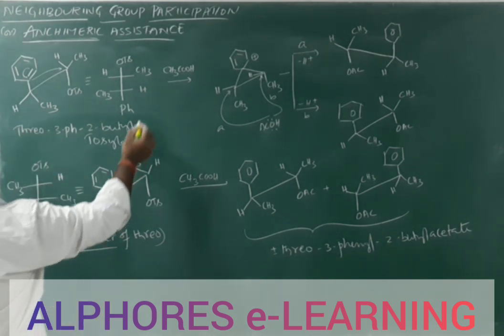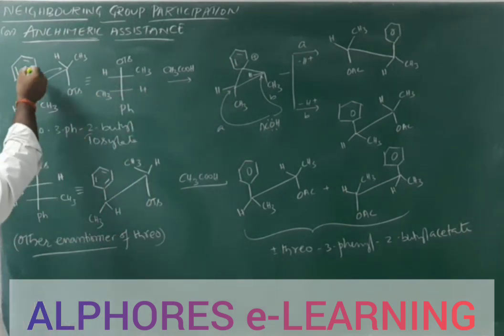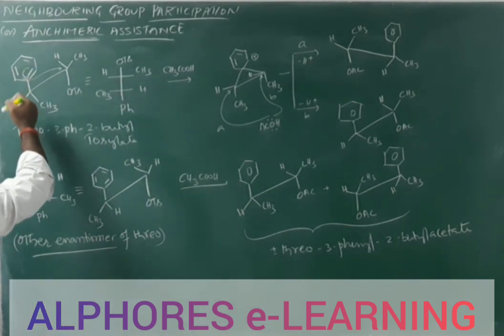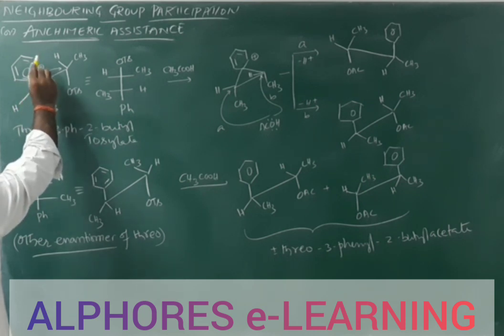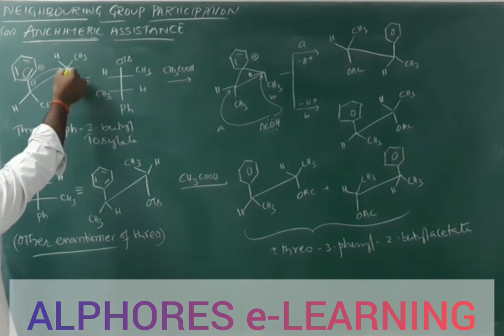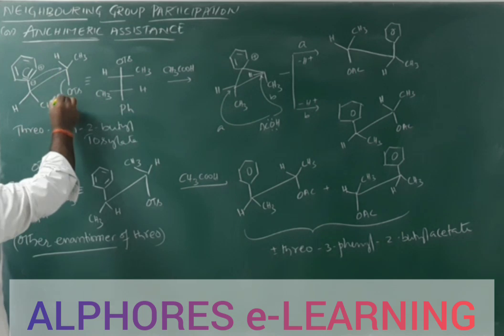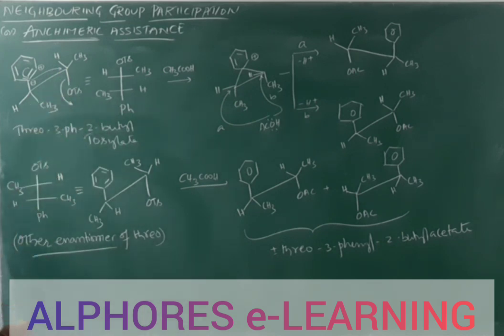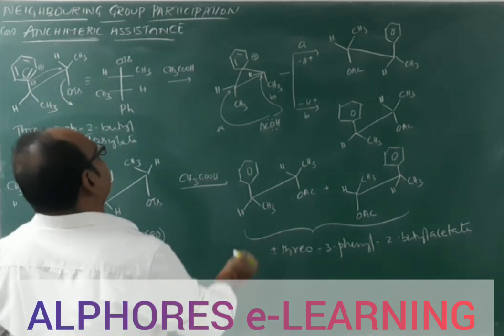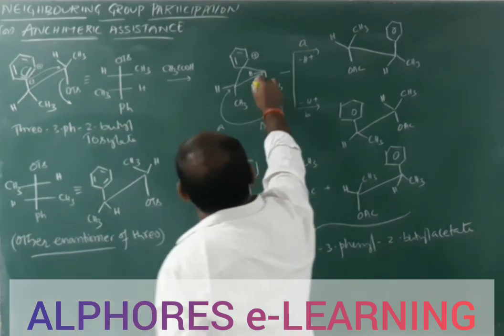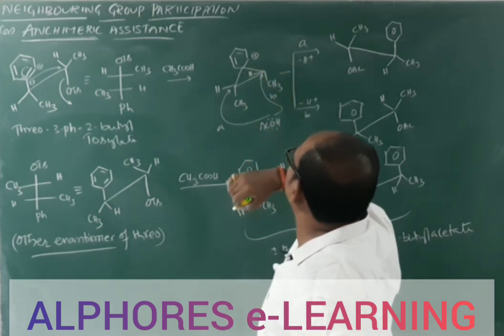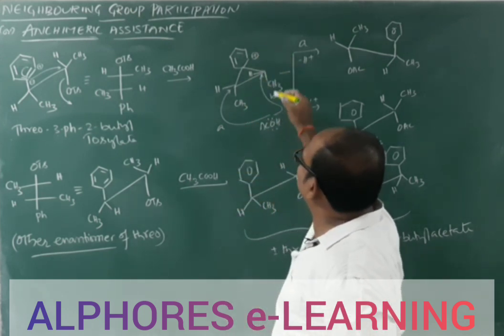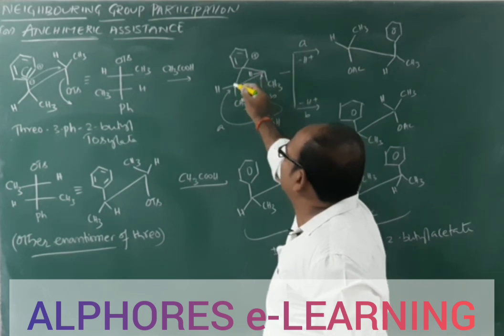This one, upon treatment with acetic acid, what happens? Since these pi electrons are shifted towards this carbon, now this carbon will be electron rich and this carbon bears positive charge. Now this electron rich carbon attacks upon this leaving group containing carbon and OTS will leave. As a result, you are getting this intermediate here. Here the phenyl ring carries the positive charge, and acetic acid now attacks upon either of these 2 carbon atoms.